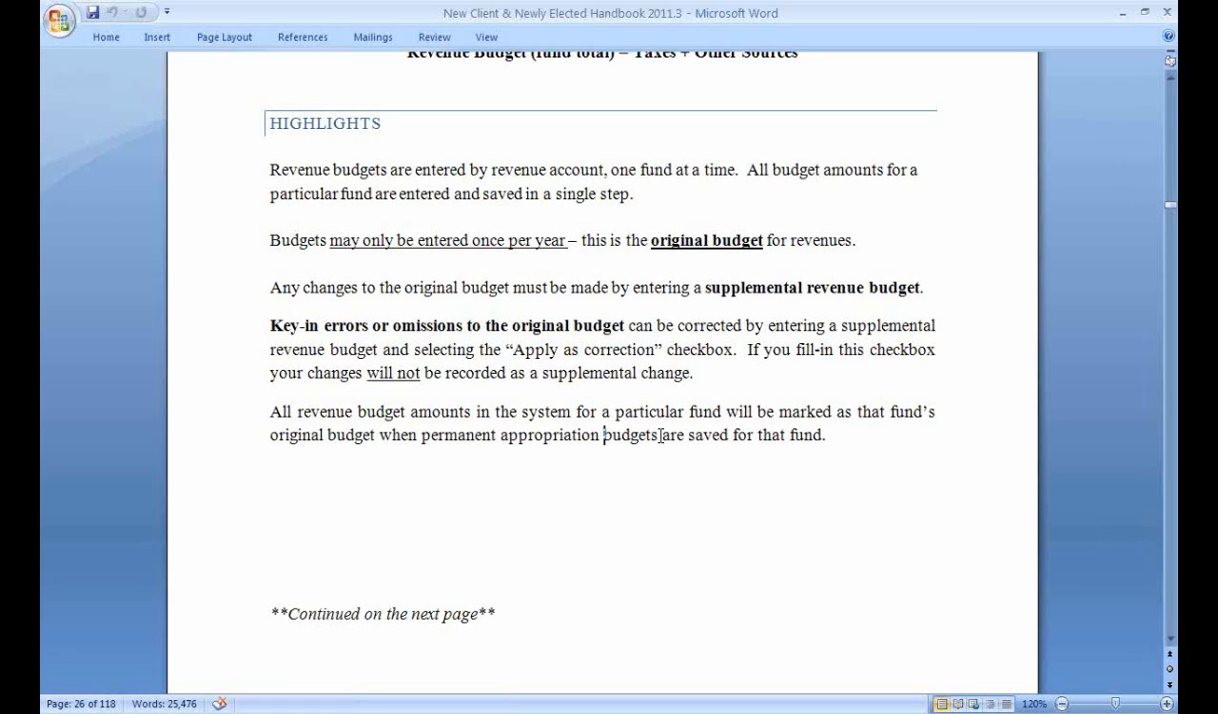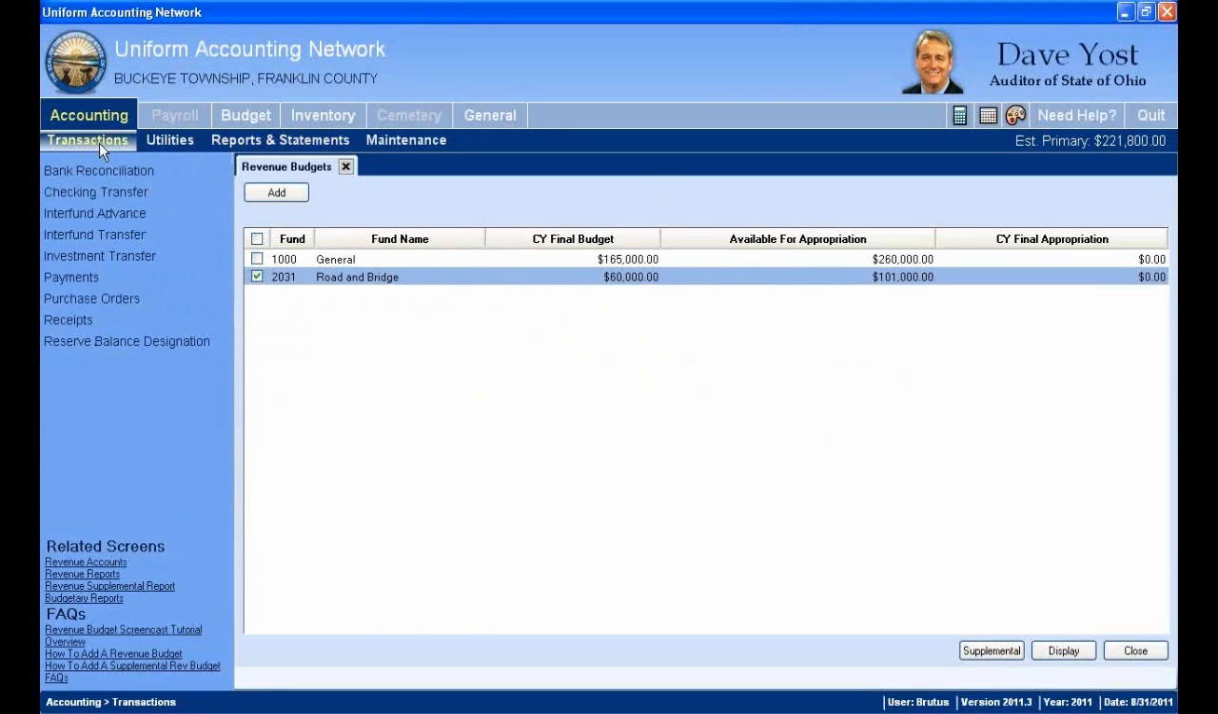But I had another point here I wanted to mention. Oh, yes, a point that's not in the book is that some of our UN customers have gotten in a bad habit, so it's worth mentioning here. They've gotten in the habit of entering their appropriation budgets. They go to maintenance. They enter their appropriation budgets, which is in the next lesson, before they enter the revenue budgets, or they don't enter their